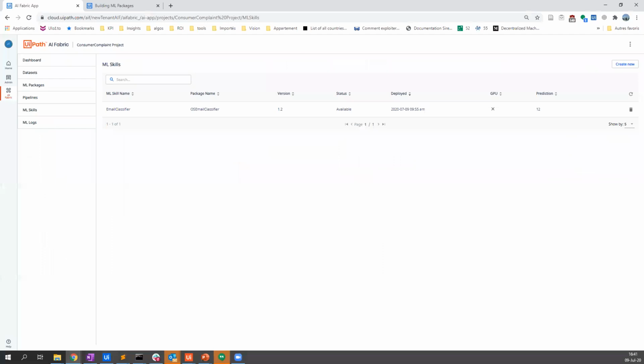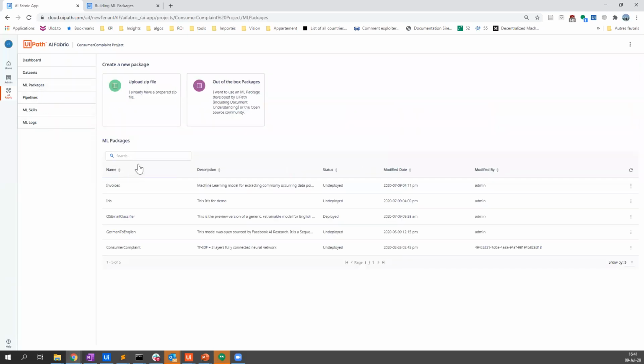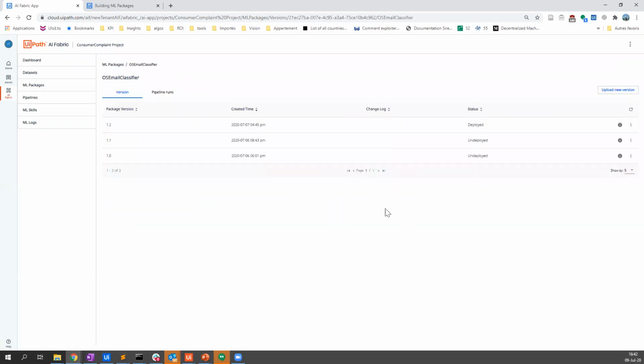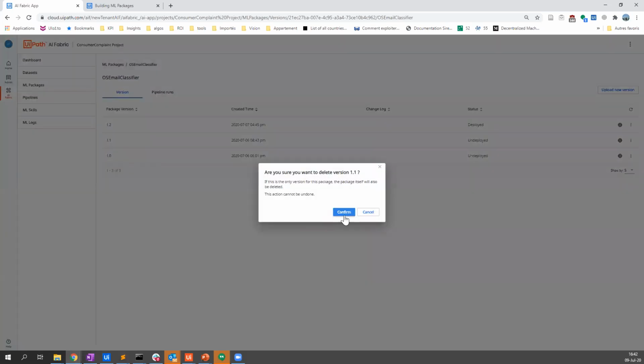So, okay, a lot of questions here. Sorry, I cannot take all of them in the chat, but let's take the last one. Is it possible to deactivate a specific version of an uploaded model? So first thing is, when it's uploaded, it's not really active in the sense that you don't see it on the RPA side. But if you mean removing it from AI Fabric, then yes. The way to do that is, let's get to this one. I say, okay, 1.1, I don't want it anymore. So I just go here and I delete it.